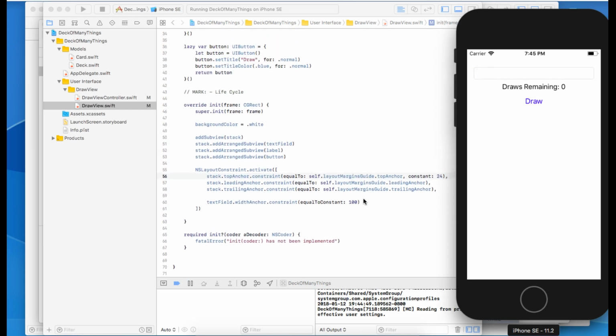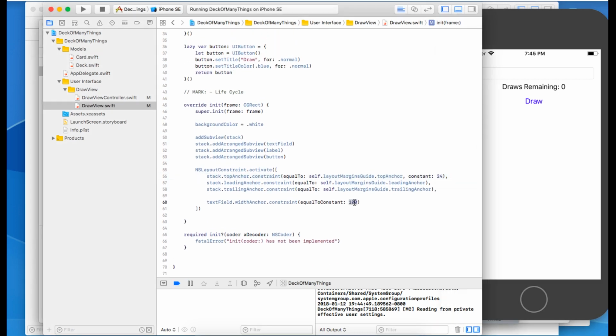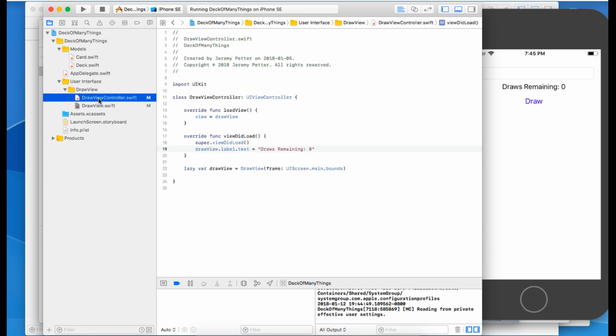We might have made that too wide. Let's say 30. So I'm going to say when our draw view controller opens, we will set the label to say, like, draw how many cards, and then